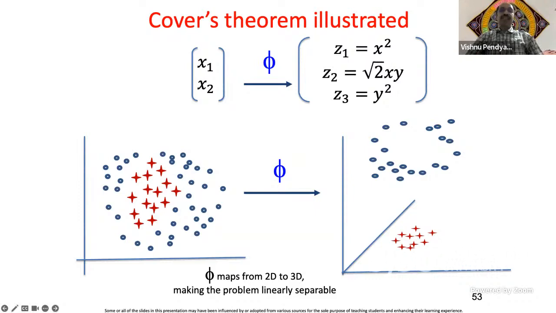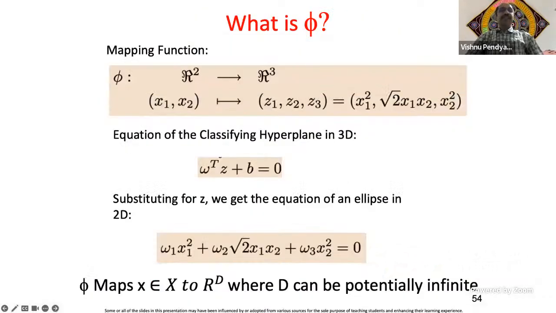So in 3 dimensions, what does this look like? It looks like the equation of a plane, right? A times Z1 plus B times Z2 plus C times Z3 is like a plane. So that is the idea here. In mathematical terms, the 2 dimensions x1, x2 get transformed to these 3 dimensions, and if you combine z1, z2 and z3 linearly, you will end up with the equation for the hyperplane.